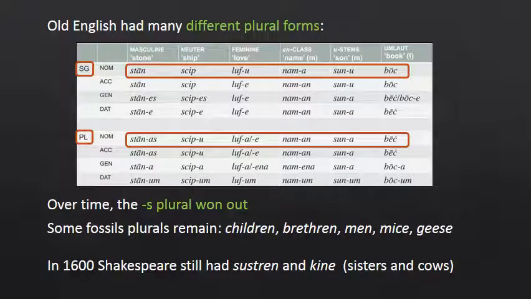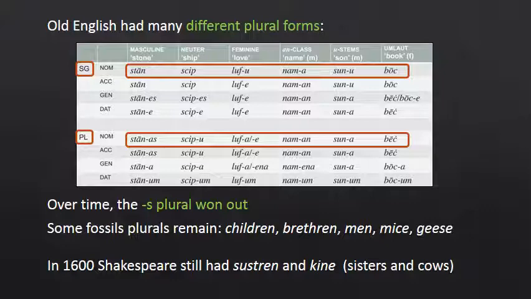fossils. In front of you, we've gone back from Middle English to Old English now. We're now 1,000+ years in the past. And there are a lot of forms on there. This is actually a sort of declension. It's all the different forms that nouns could have in different kinds of nouns, different classes of nouns. And if you just look at the circled parts, singular and plural, you notice that the different classes of nouns,